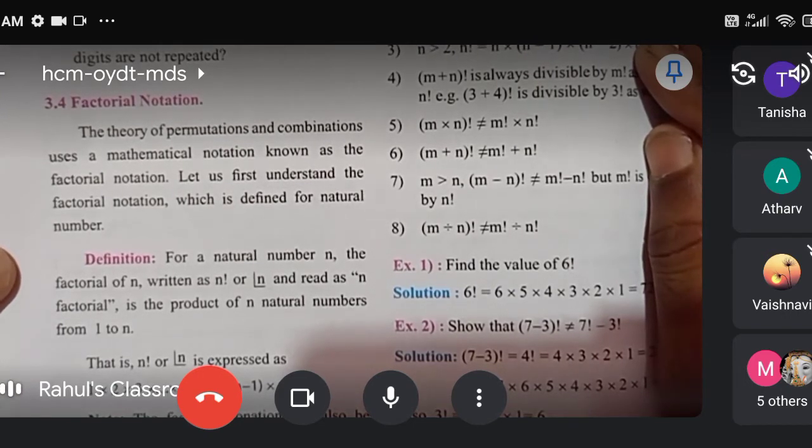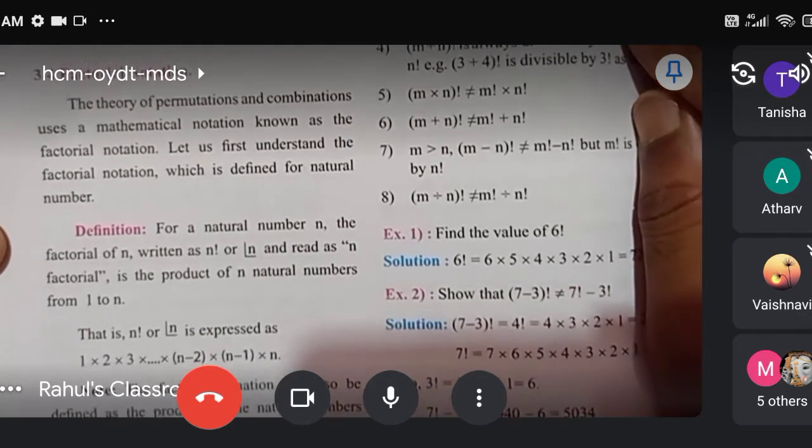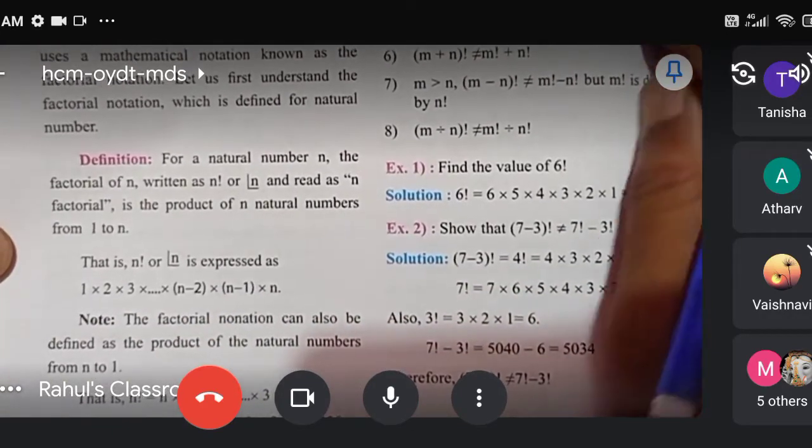What is meant by the factorial notation? Factorial notation म्हणजे काय? हे सर्वात आधी आपल्याला माहित असलं पाहिजे. आता फॅक्टोरियल नोटेशन